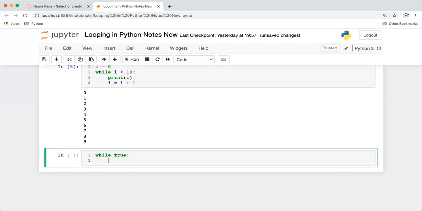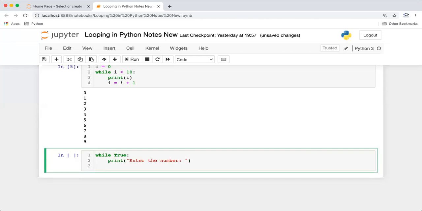So what can you do? Let us suppose I'm taking a number from the user with the prompt "Enter the number", and I store whatever the user enters in a variable, a.